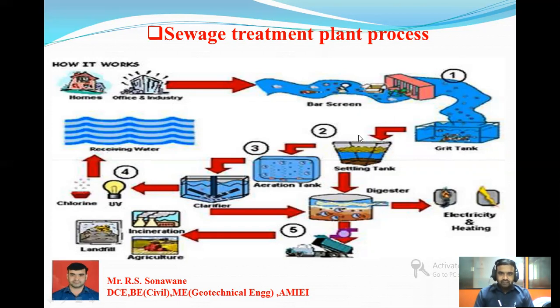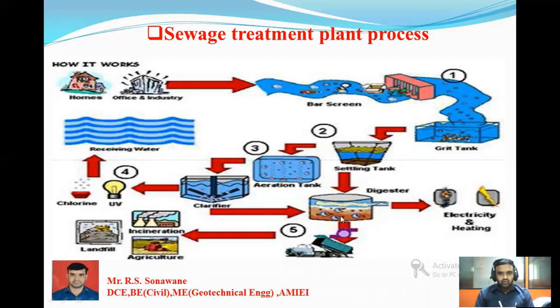and the remaining settled material goes for digestion purposes, while for the secondary process the remaining water goes to the aeration tank, then the clarifier, then the fourth one is the application of ultraviolet or chlorine dose. That means stages 1, 2, 3, all the stages are involved in this picture, but the remaining settled sludge